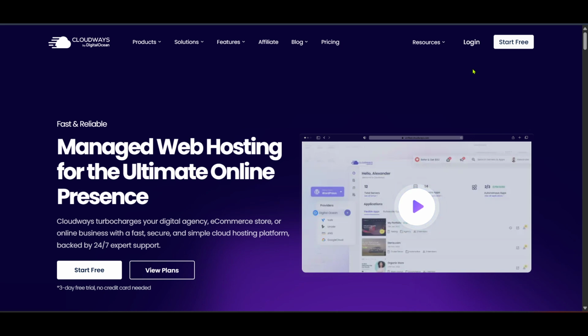Next up, let's log into your Cloudways account. You'll find the login button prominently displayed, just give it a click. If you don't already have an account, you'll need to create one, but those of you already signed up can simply enter your credentials. Logging in will take you to your personal Cloudways dashboard, where you can manage all of